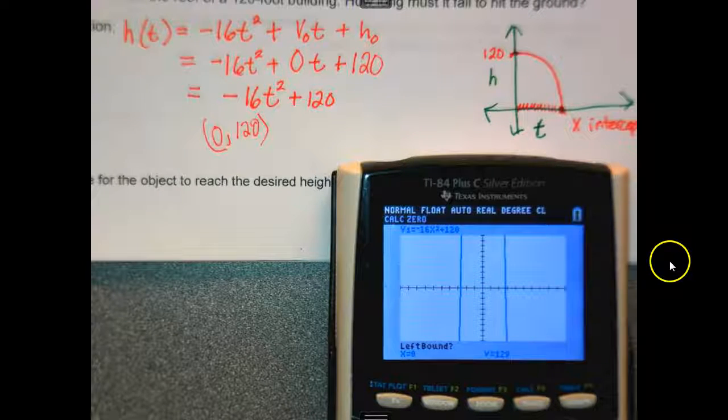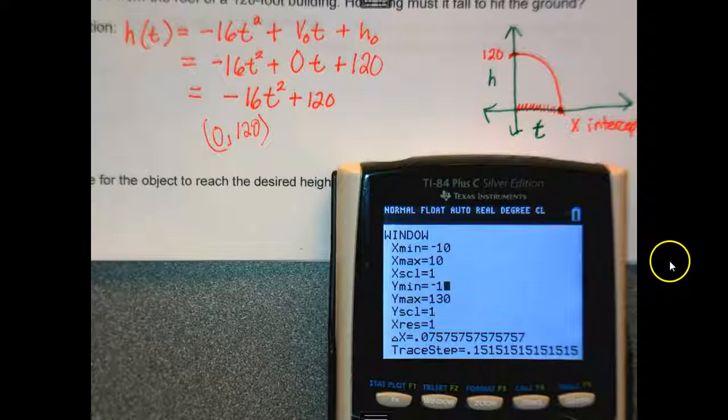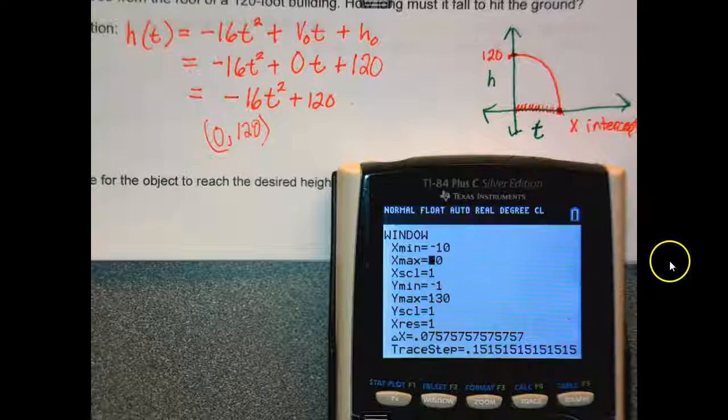So I'm going to fix my window. I want to see my whole parabola, so I'm going to put 130 in there for my y-max. I really don't need to see below Earth's line, the other side, because that doesn't exist. So I'm going to put this at negative 1. Let's see. I'm assuming that this is going to be pretty fast. If I look at my graph,